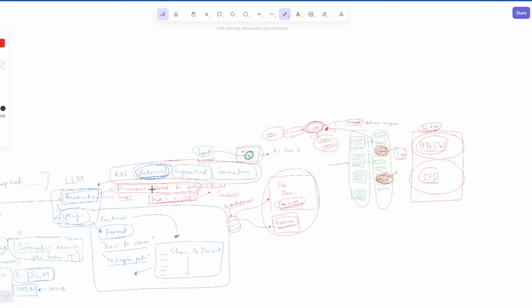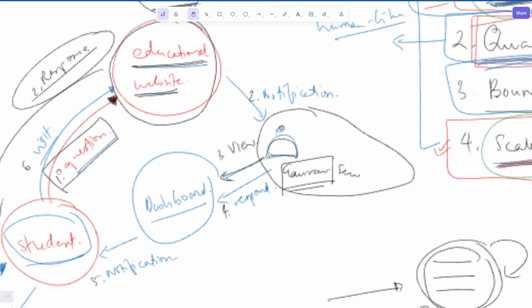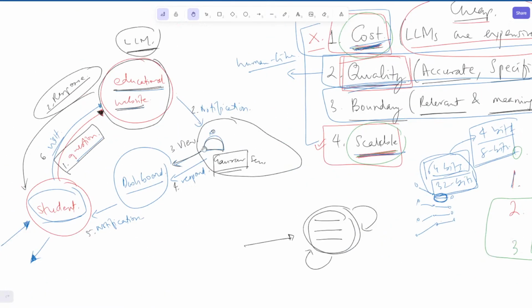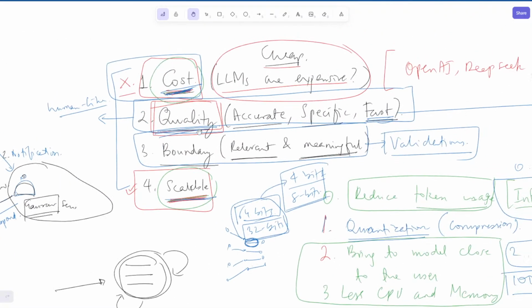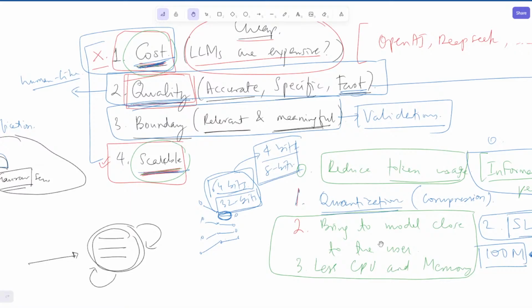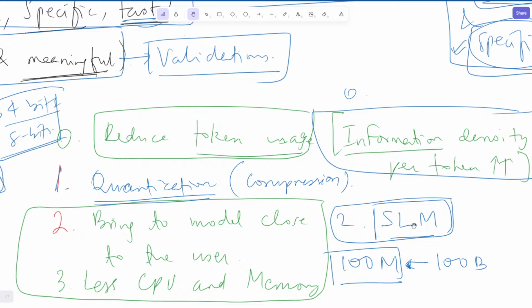All right, so at a high level, folks, we'll stop here because I think this is probably the maximum we can take, the first 15 minutes of a session on Saturday. But at a high level, what we have learned is if we are trying to build an application, a few things that we should consider is cost, scale, quality, and setting the right boundaries, making things relevant and meaningful. The first two things that we talked about were cost and scalability. Here we had some ideas, which was quantization, using smaller language models, maybe distilling those models.